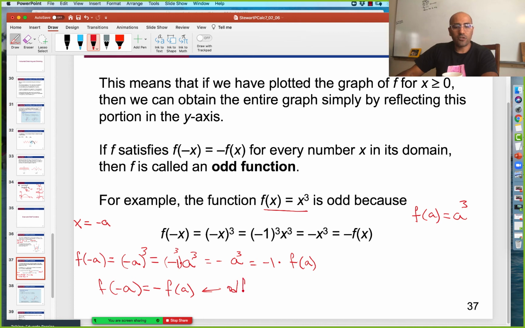Any function that satisfies this condition, where plugging in a negative a is equal to negative 1 times f of a, is an odd function. And x cubed is the most classic example of that. Good. Another one is the sine function. So if we had g of x equals the sine function,